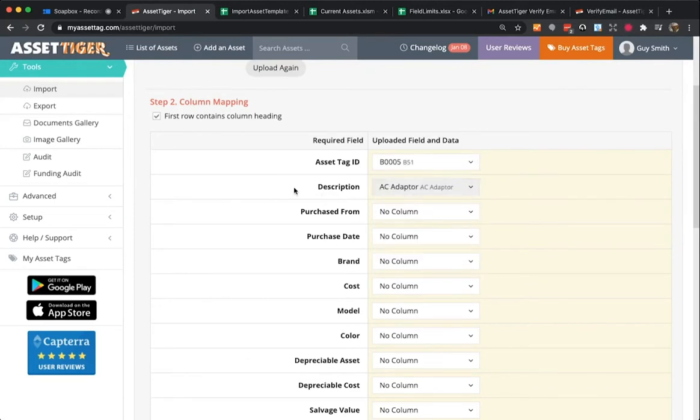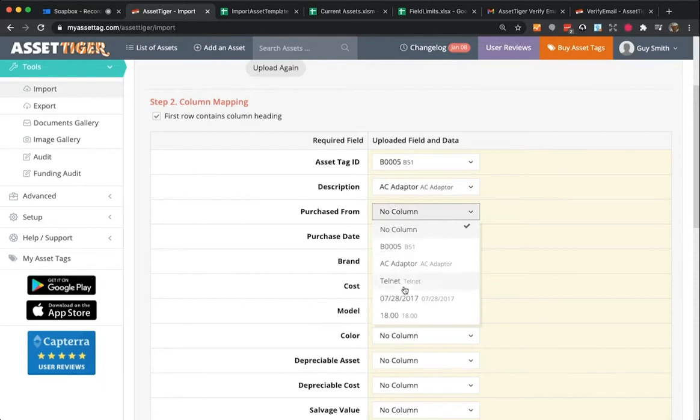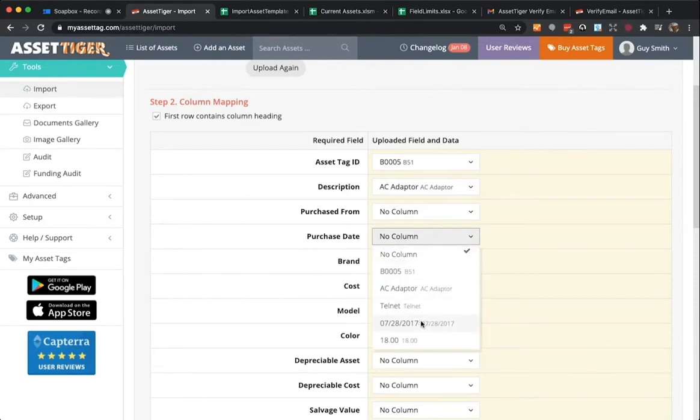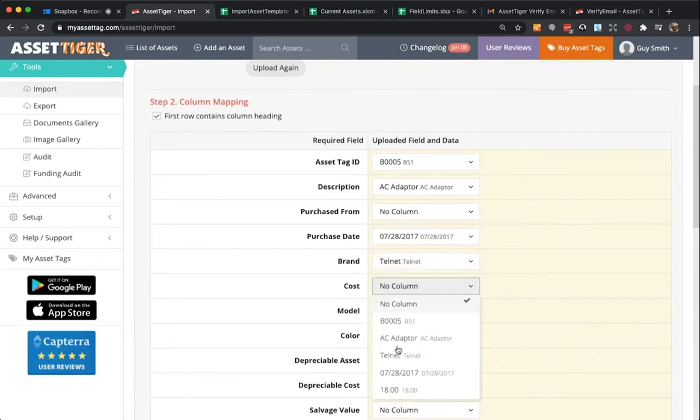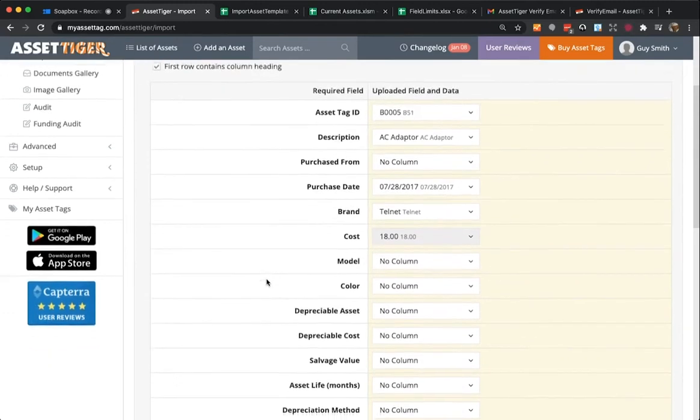So now our field lines up with the data from your spreadsheet. Where was it purchased from? Actually, the spreadsheet doesn't have that data, so we can leave that blank, but it does have the purchase date. Line that up, the brand, and the cost when you bought it. Great. Now there's actually no more data from the spreadsheet to match up, so we'll just scroll down to the bottom